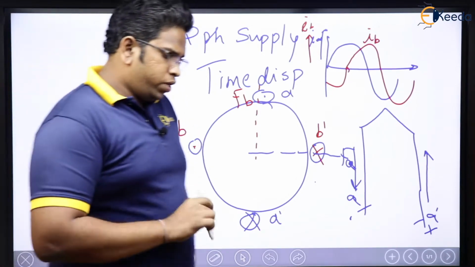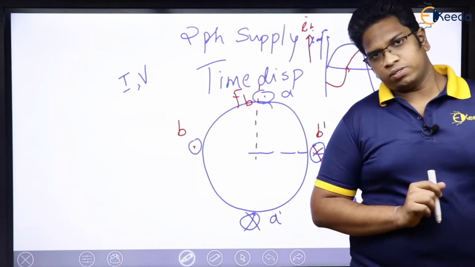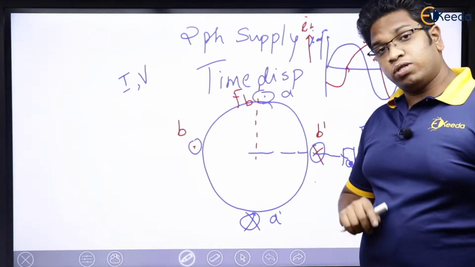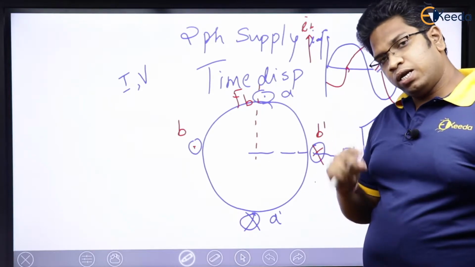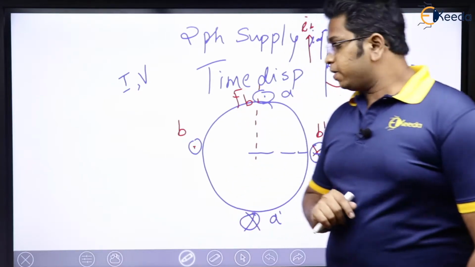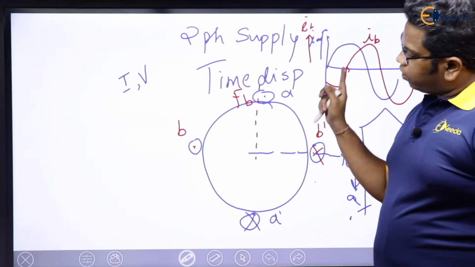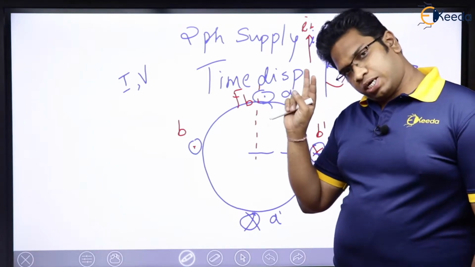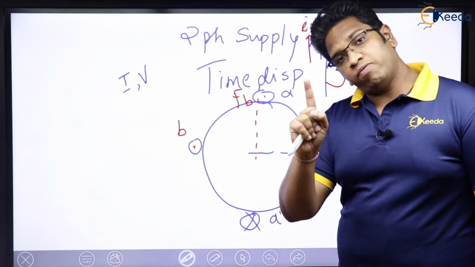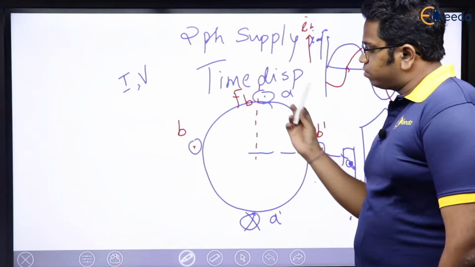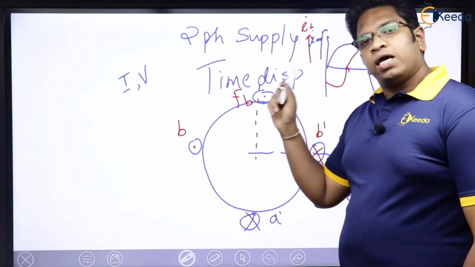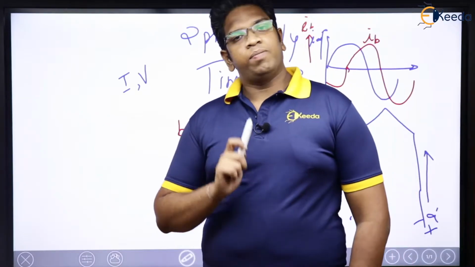Now, why are we using three-phase? If rotating magnetic field is produced because of two-phase also, then why are we using three-phase? Before that, let me tell you one more thing. We saw in the previous session that whenever we have two time displaced currents flowing through two space displaced windings, one rotating magnetic field is produced in space, which is going to rotate this way or that way. Anyway, it is going to rotate, right? It will be rotating in space, right?